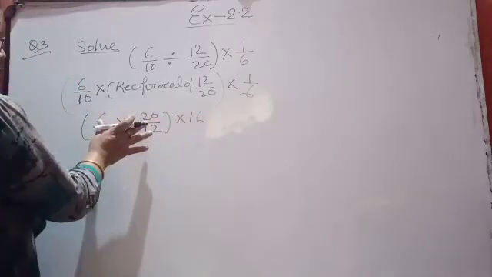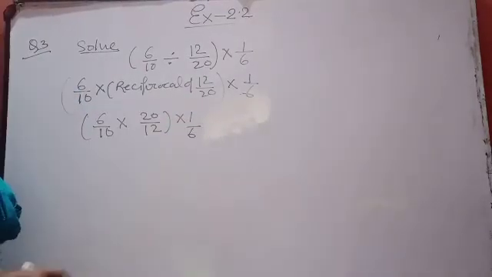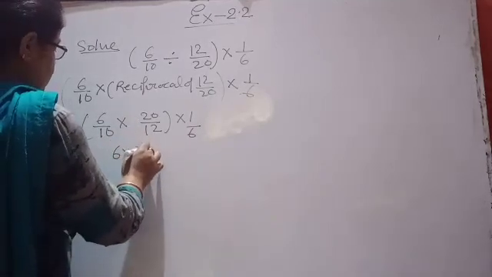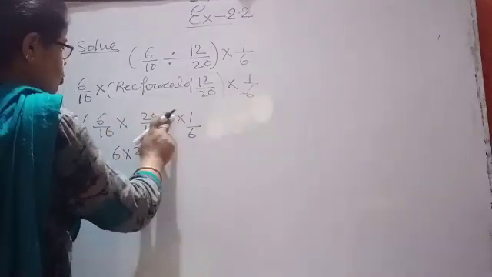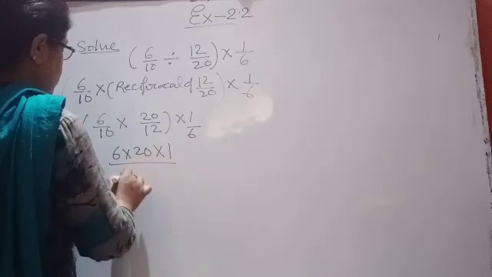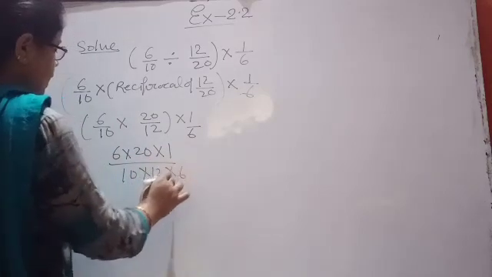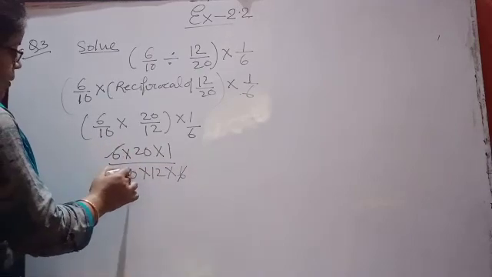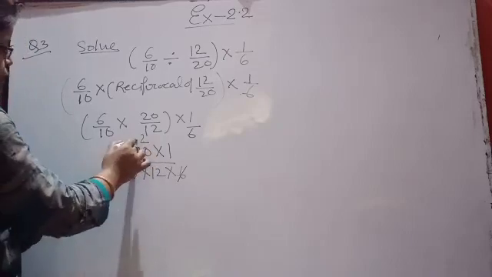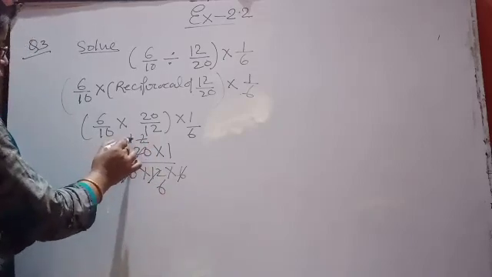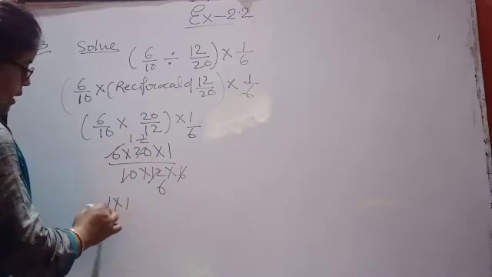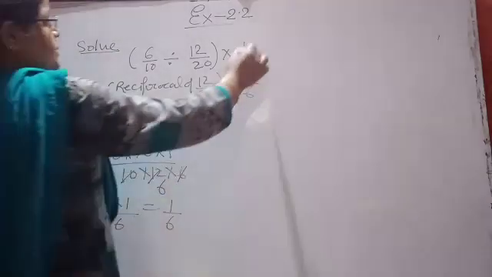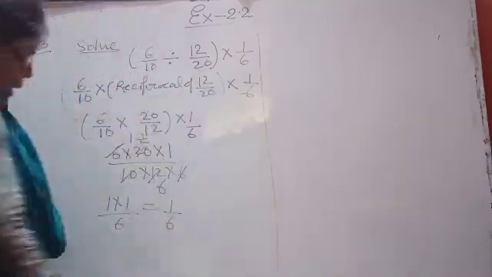Then numerator in division multiplication. Now see that numerator and numerator will be multiplied, 6 into 20. Or directly you can write all the numbers, numerator into 1 upon 10 into 12 into 6. In this way also you can do. Now you can see that 6 by 6 can cancel, 10 twos are 20, 2 ones are 2, 2 sixes are 12. Now in the numerator how much is written? 1 into 1 upon 6. So what will be your answer? Finally 1 upon 6.